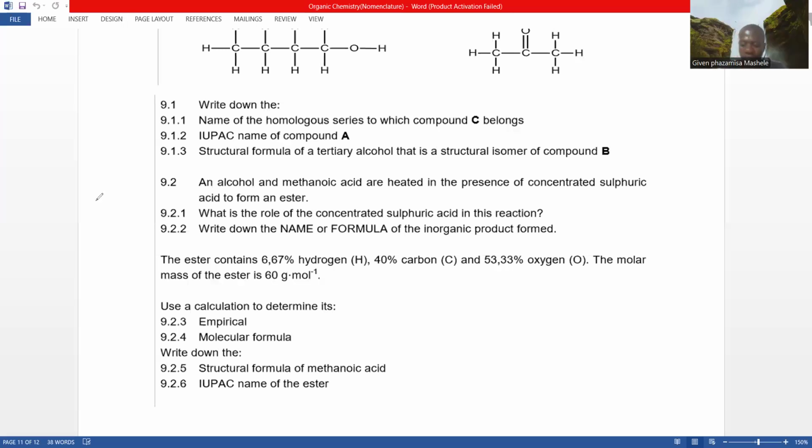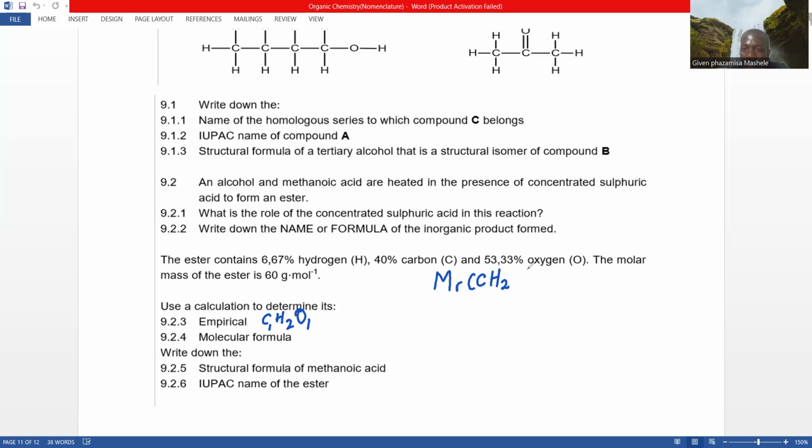Okay, guys, I want us to continue. Already we have calculated the empirical formula for this ester. We got C1H2O1, which is just CH2O. Now, the second question says, use the calculation to determine its molecular formula. To determine the molecular formula of this ester, we need to calculate the molar mass of the empirical formula,